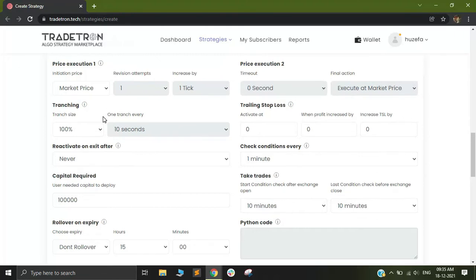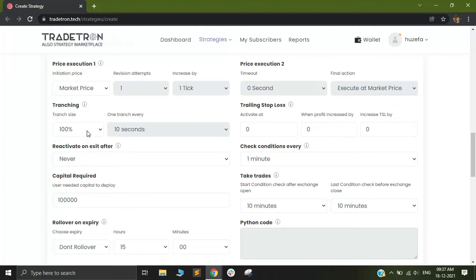Now the whole need for this sort of a feature is that when you are placing an order for multiple lots at a time, let's say 20 lots or 50 lots or 100 lots, there are some regulations around the number of lots you can place in one go. If I'm not mistaken, in Bank Nifty, you cannot place more than 100 lots together. So let's say based on your trading style, you need to buy or sell more than 100 lots on a regular basis. In that case, you have to break up your order into smaller parts. That is when this tranching feature comes in handy.